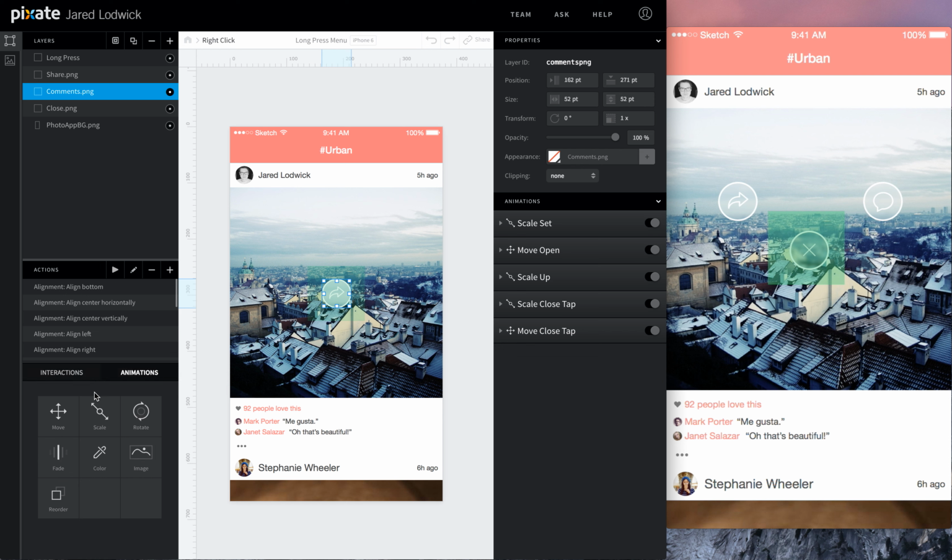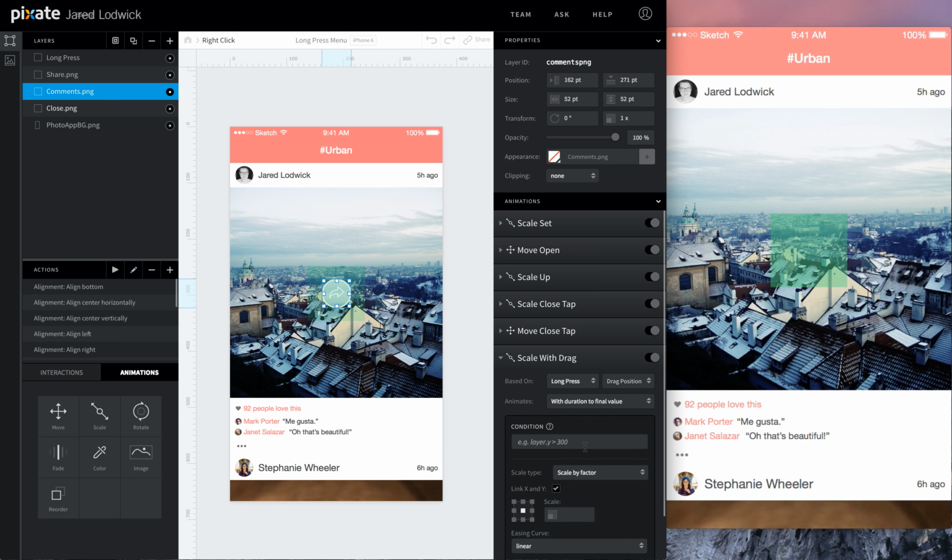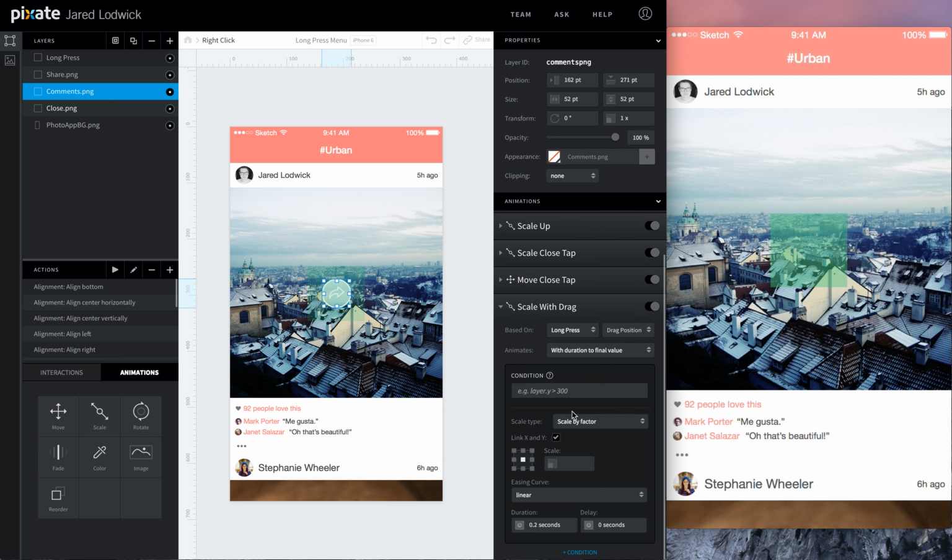So let's add a scale animation to this. And we'll call this scale with drag. And this is going to be based off of long press's drag position. And we're going to do with duration to final value, that way we can add a condition.